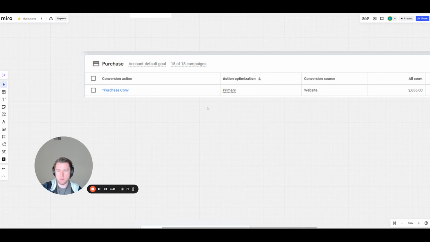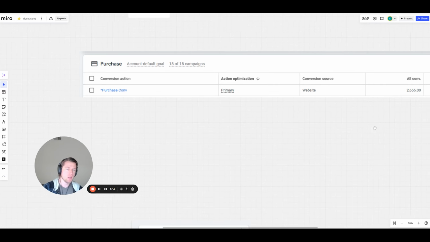So what we see as well in a lot of accounts is there'll be a purchase conversion on primary, an add to cart conversion on primary, and then a website visit on primary. So it's duplicating out that like crazy, and you're essentially triple counting, if not more, well, definitely way more conversions that are essentially giving you bad data in the account. And it's awful. You don't want to do that. You want to try to make sure that you're only optimizing towards the one goal, not multiple goals that are